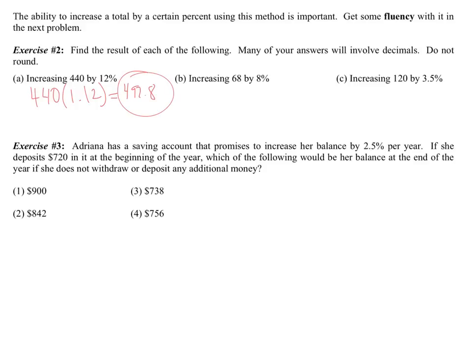I want you to try the next few by pausing and then checking the answer when you're done. So 68 by 1.08, and you get 73.44. And our last one is 120 by 3.5%. So 120 by 1.035, and you get